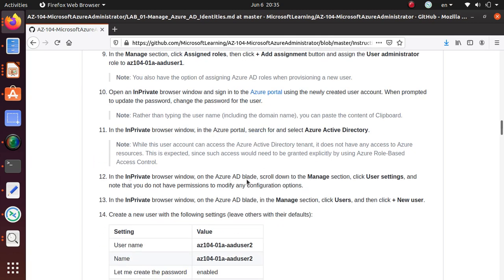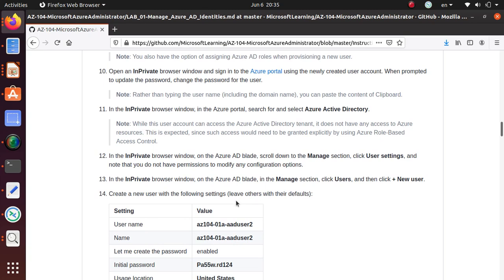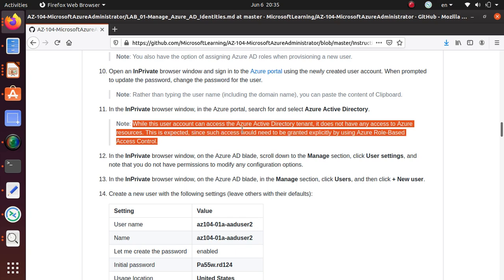We have done that. Okay, so this is actually asking us to create another user. So another thing that is important, it's saying while this user account can access the Azure Active Directory tenant, it does not have any access to any Azure resources. That is very important to understand. So what we have done so far, that in the AD directory we have assigned the role, but the role is not really linked to any subscription or any resources, and the role-based access control is very, very important in